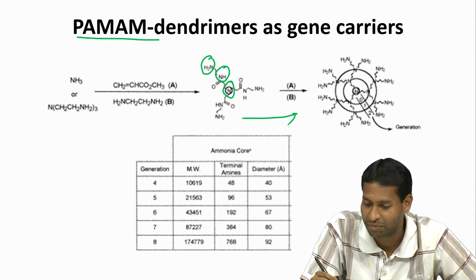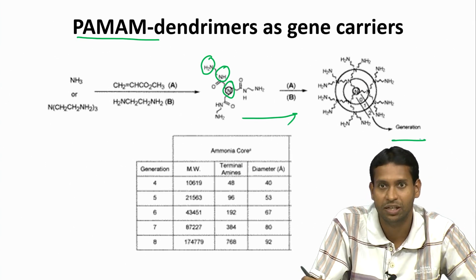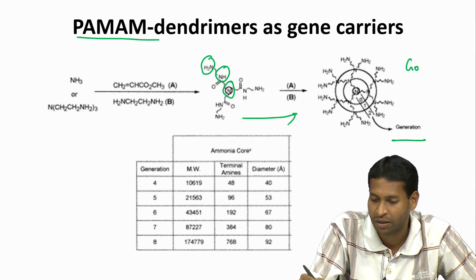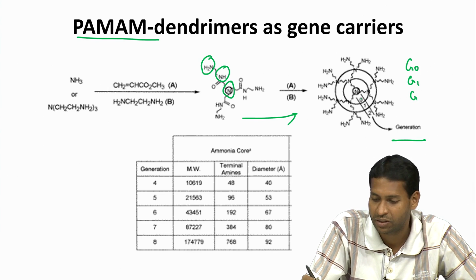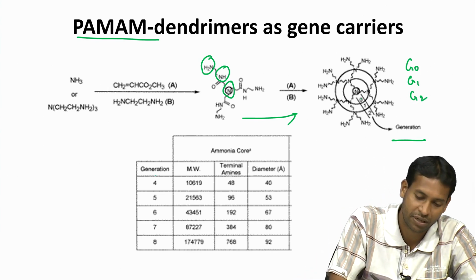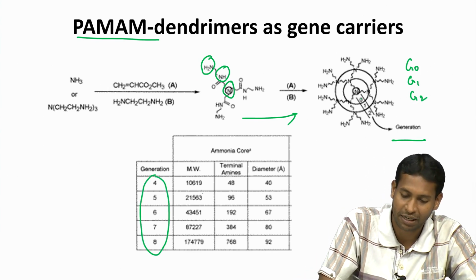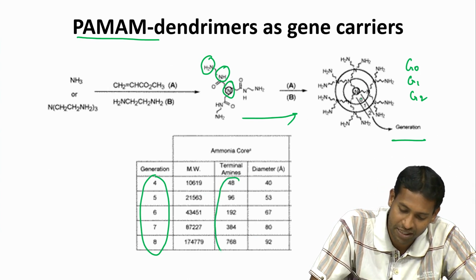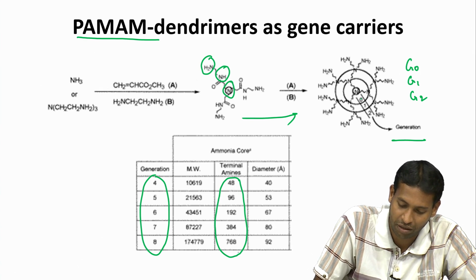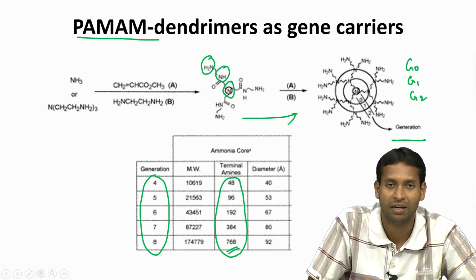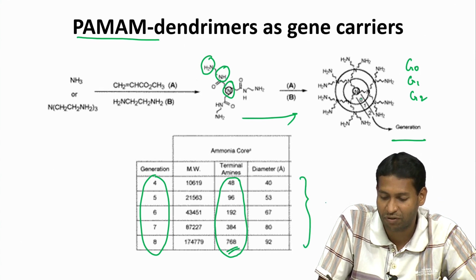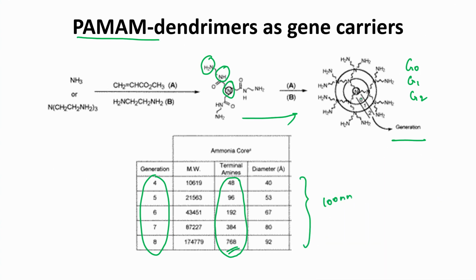If you remember, a dendrimer is defined by the generation. So, you have G0, G1, G2, and what you are seeing is as you increase the generation, obviously the molecular weight of this dendrimer is increasing, and the amount of terminal amines is also increasing. So, you have almost close to 750 primary amines that are available. The diameter is still within the size range of about 100 nanometer that you want, and because you have these